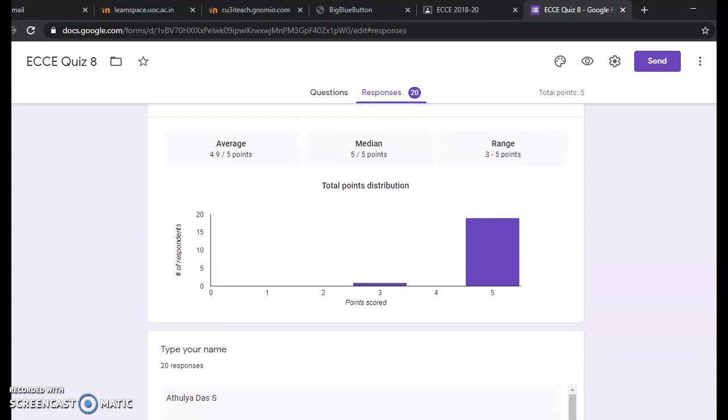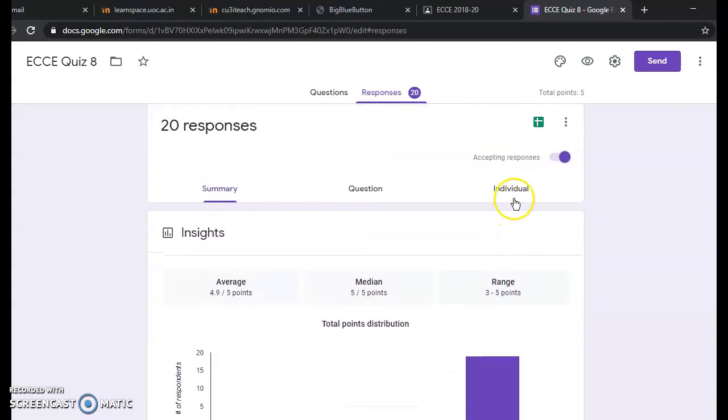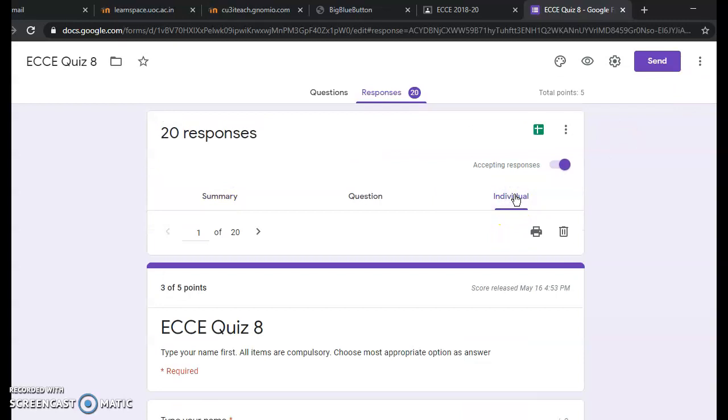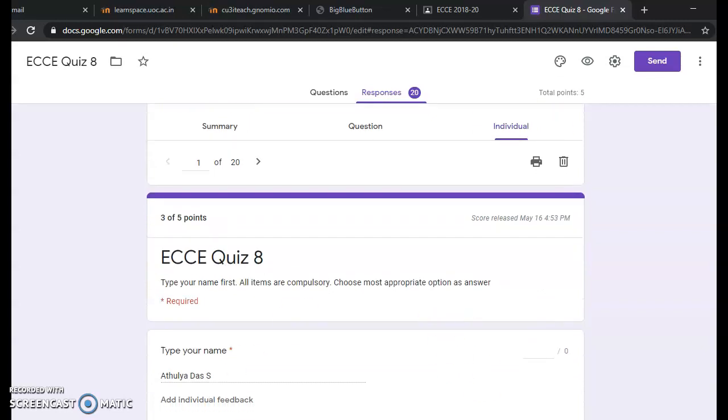You can get individual scores as well by clicking individual. So how many points each student gets from this? Here the name of the student is here, marks is here, 3 out of 5. So there are 1 to 20. So this is the mark of the first student. You can select and type here,